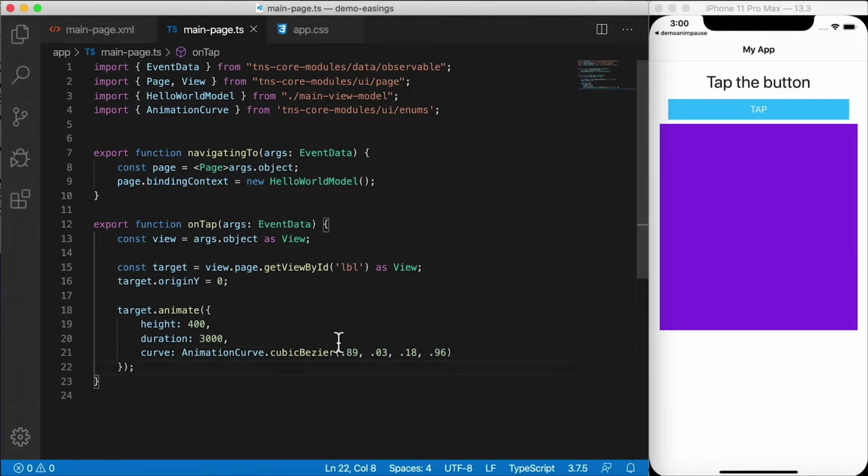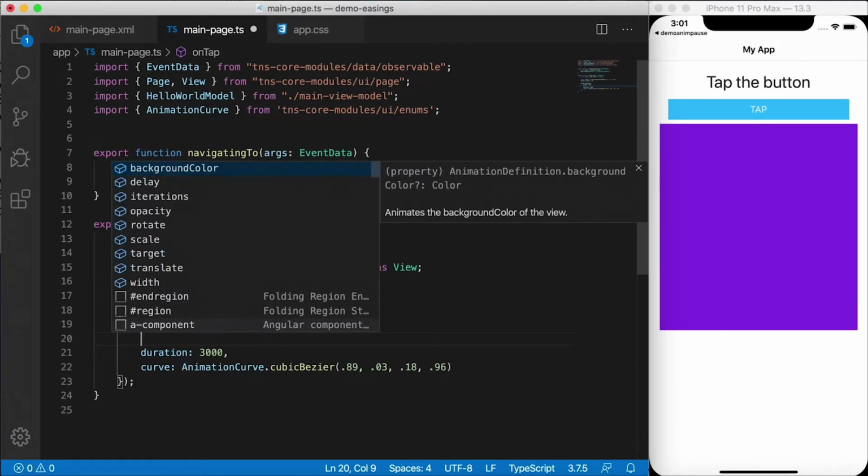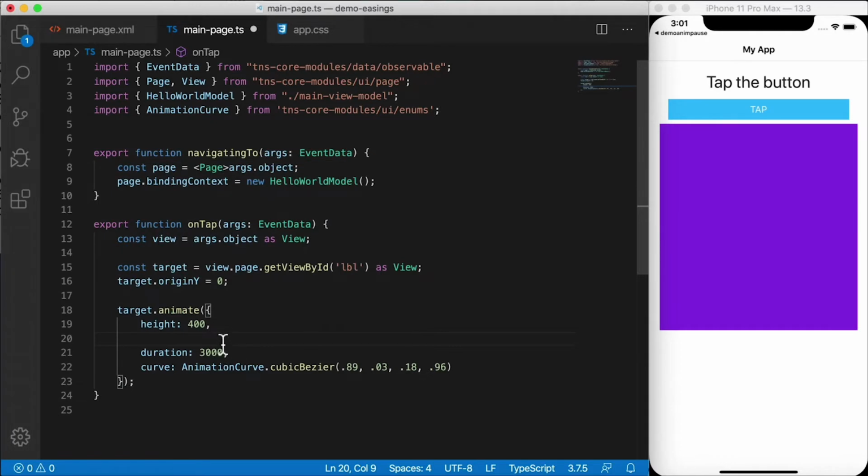And this is enough for most applications, but there are times when you want to have a lot more control over your animations. And also, there are times when you want to animate properties that are not animatable through the NativeScript API. So the animate function here and the animation API allows you to animate only certain properties. Like I said before, I can hit Control Space here and you'll see what properties we can animate. Background color, opacity, rotation, scale, translate, and width being some of the other ones you can animate,